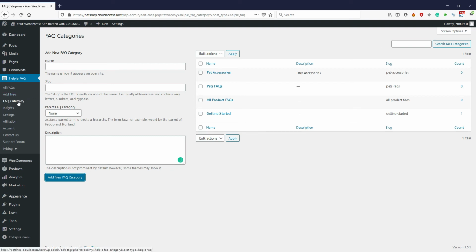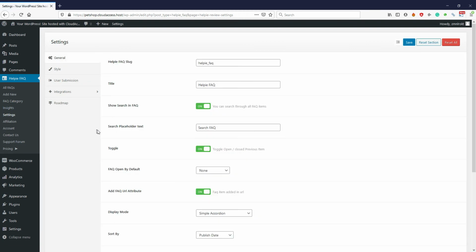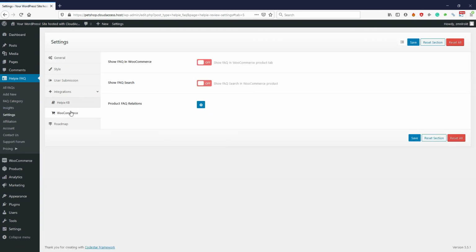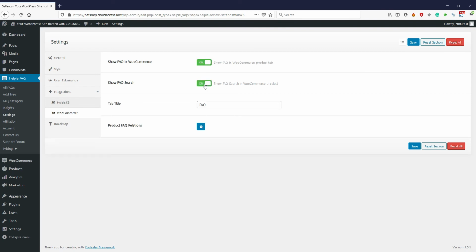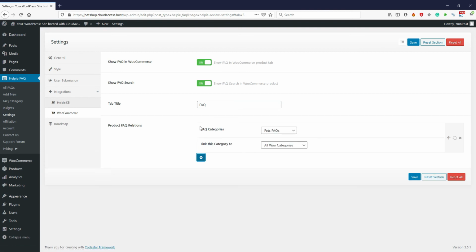After creating all the FAQ categories, go to the WooCommerce integration settings of Help FAQ. Here you have to link the FAQ categories that we have created to their respective product categories.